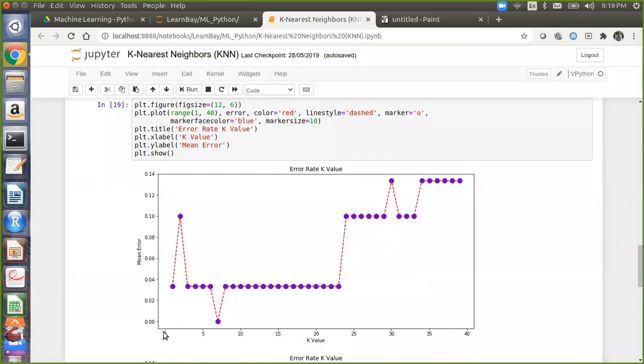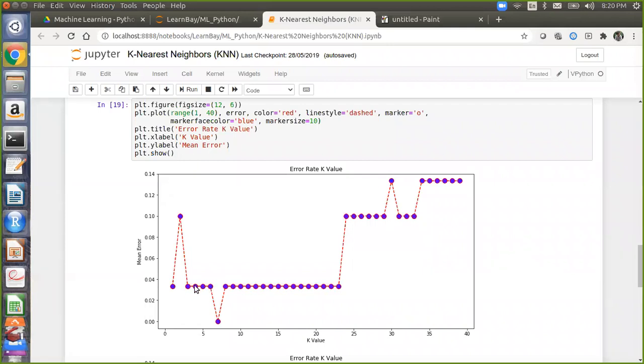As I keep on increasing the number of K, at K equal to 3 I got high error. Then my error became mostly constant, and finally after K equal to 22, 23, it has again hit the top. So you have to find out wherever you are getting the least error or almost constant error. This is the area where I am getting constant error. Okay, least and constant error, by the way.